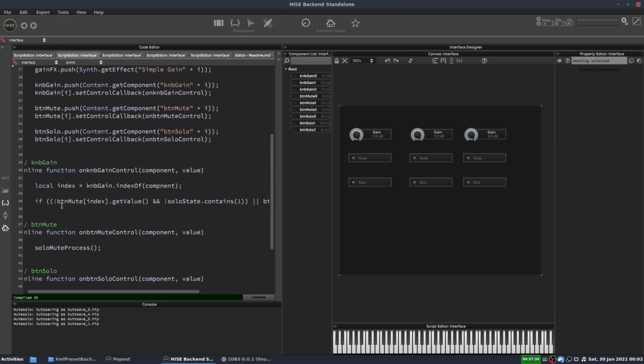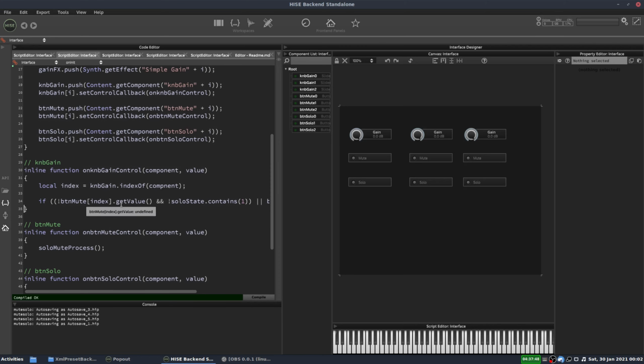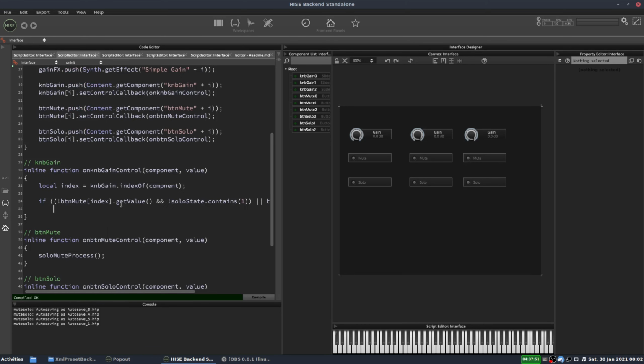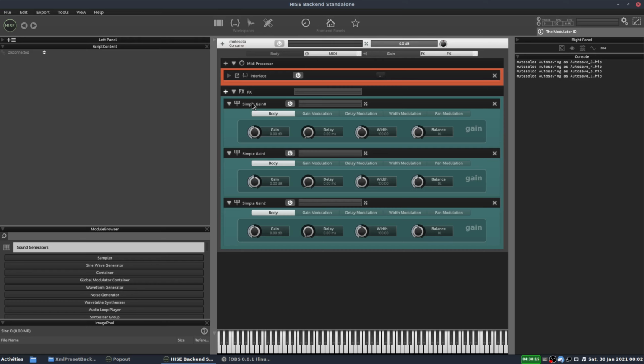if statement. And now that we've done all that checking, and we've confirmed that we are allowed to apply this gain to the simple gain module, we can now go ahead and apply the gain to the simple gain module. So gain effects, and we use that index so that we're setting the correct simple gain, and it's going to be .setAttribute with 2 T's, and then it's gain fx index dot gain. So what we're using here is a constant that is part of the simple gain module,